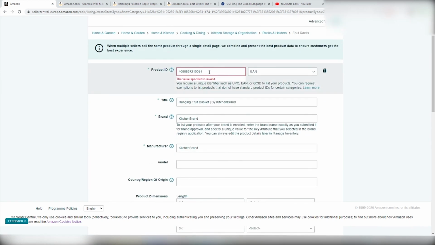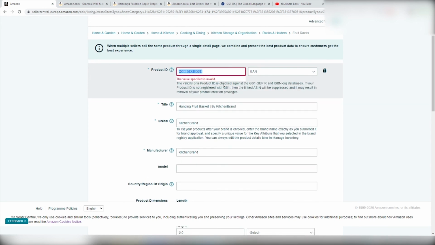As you'll notice here, this has come up saying the value specified is invalid. That's because Amazon have got so much better, and this is why I'm talking about using the right barcodes and making sure you're sourcing them from the right places. It's because Amazon now have a really good system where they can link a barcode to a particular product based on the information you've put into your GS1 account. So if it doesn't add up, they won't let you create a listing, which is a really, really good development. It's stopped a lot of black hat tactics and people using barcodes they shouldn't be using. On that note, though,